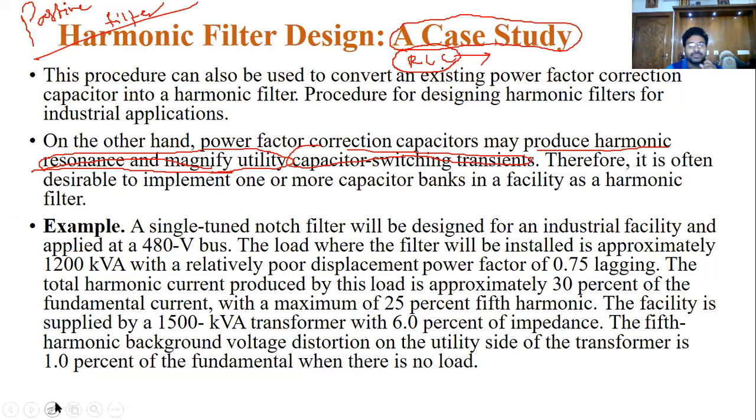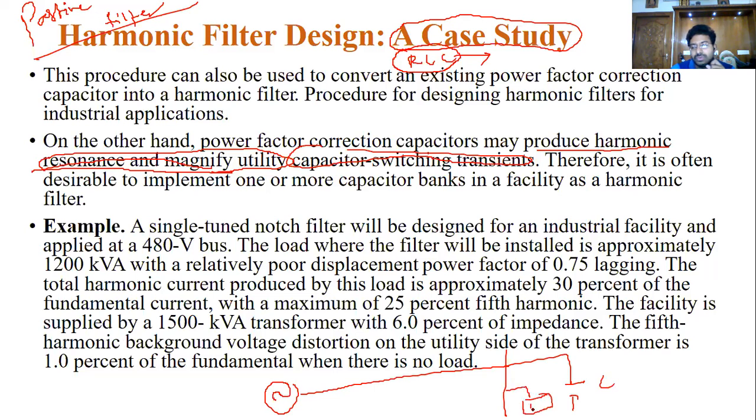I think we already discussed this in the last class, that it can magnify those values. So I draw the diagram. This is the capacitor we are going to connect in the system, and this is the load, one of the loads. How do these impedance changes happen? Whenever we have changes in the resistance as well as the capacitive current or inductive current.